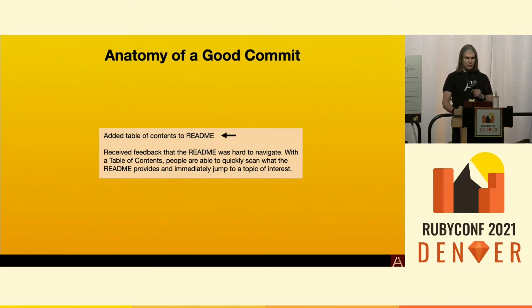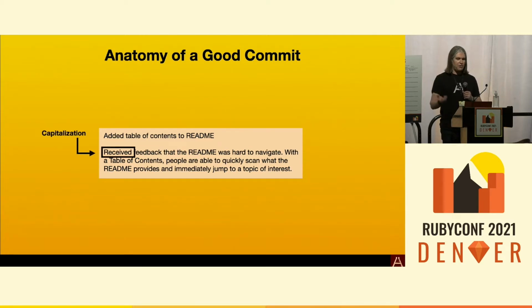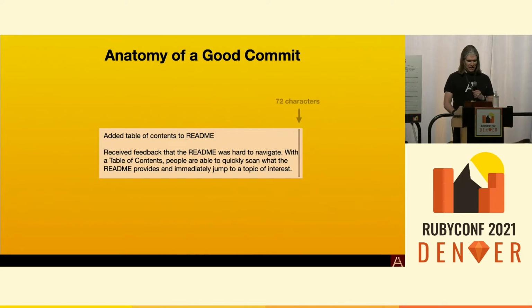Along those lines, you want to check and make sure that you have good punctuation. You want to make sure that it has a 72-character limit because you don't want horizontal scrolling. That's not fun to read. You want to make sure there's a space between the subject and the body. You also want to make sure that there's proper capitalization of your body messages as well. Because, in English, writing good paragraphs usually starts with a capital letter beginning your paragraph.